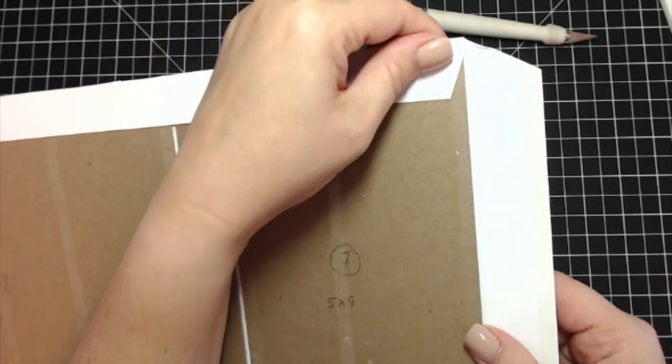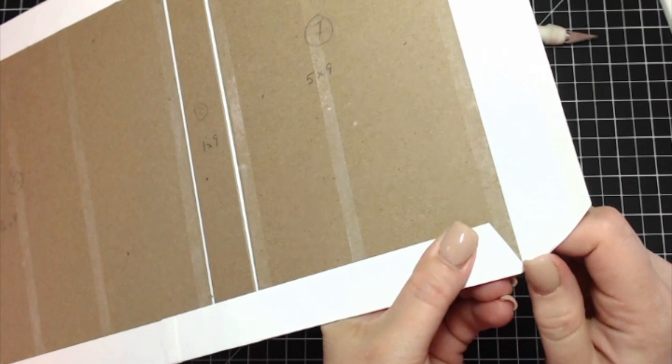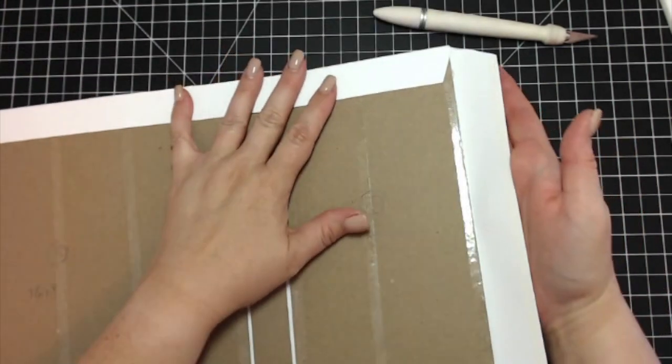See that? I don't know if you can see that. My light's kind of bright. I'm just pushing those little corners in. Oh, I thought I ripped it. Just pushing that cardstock in and out of the way so that when you